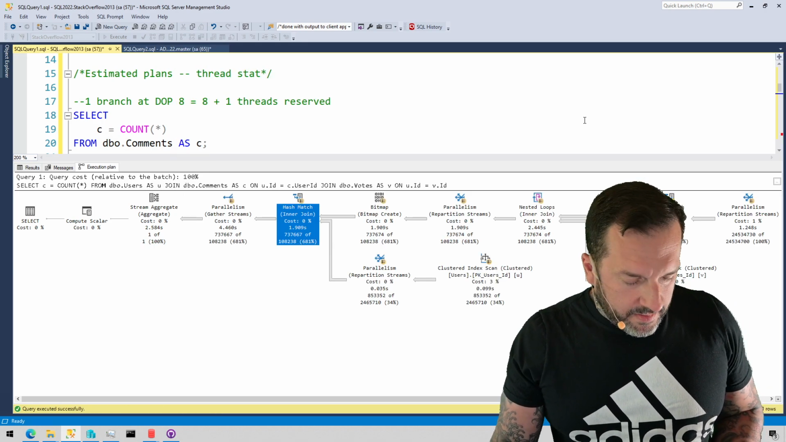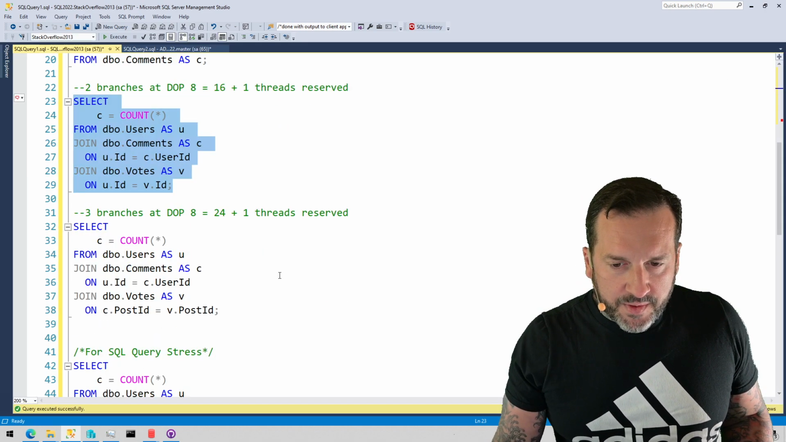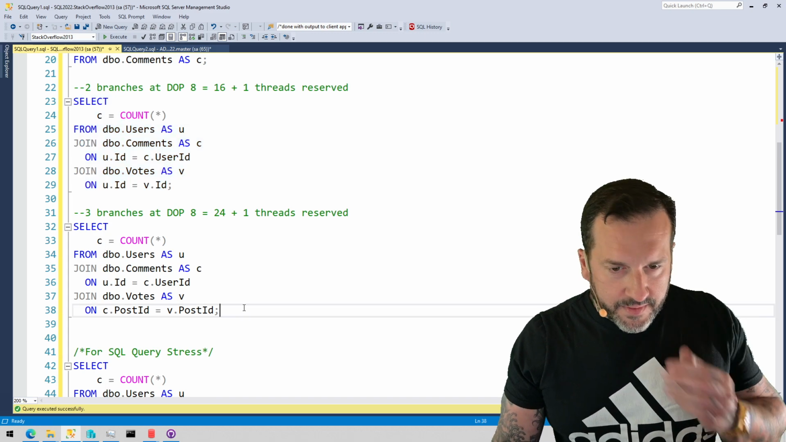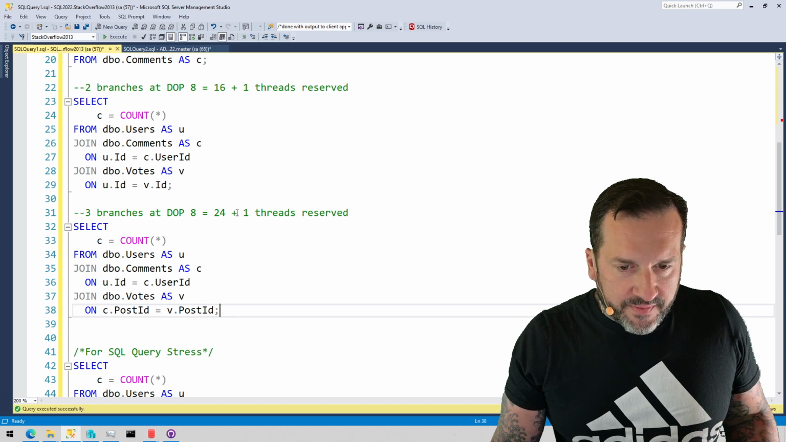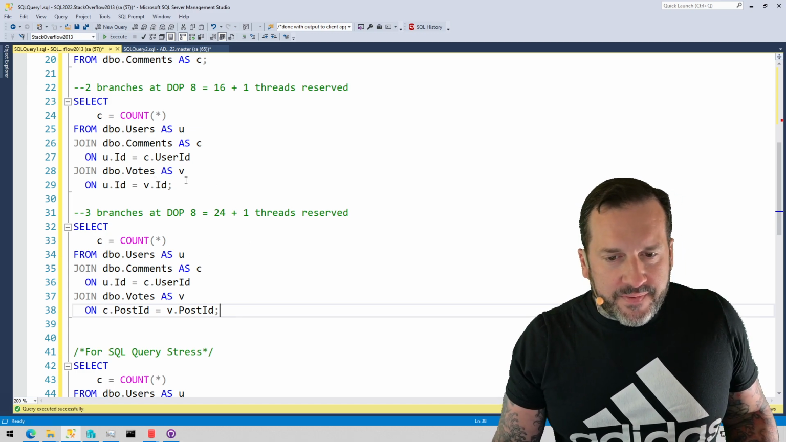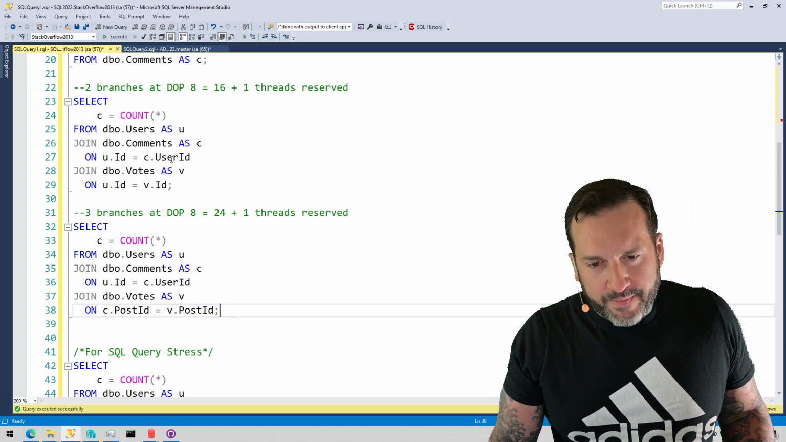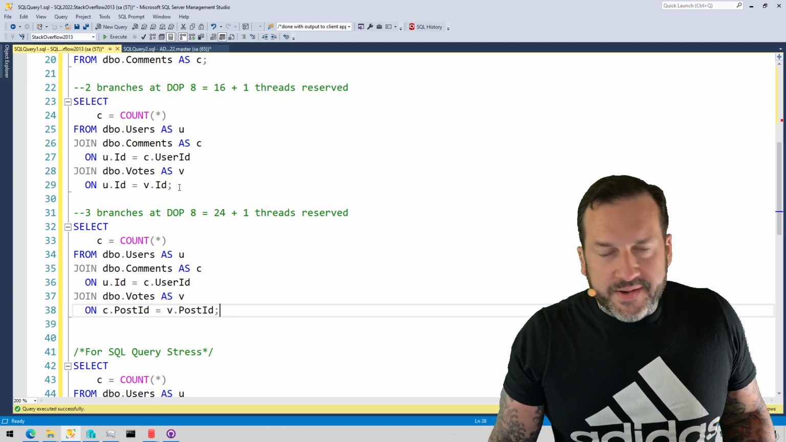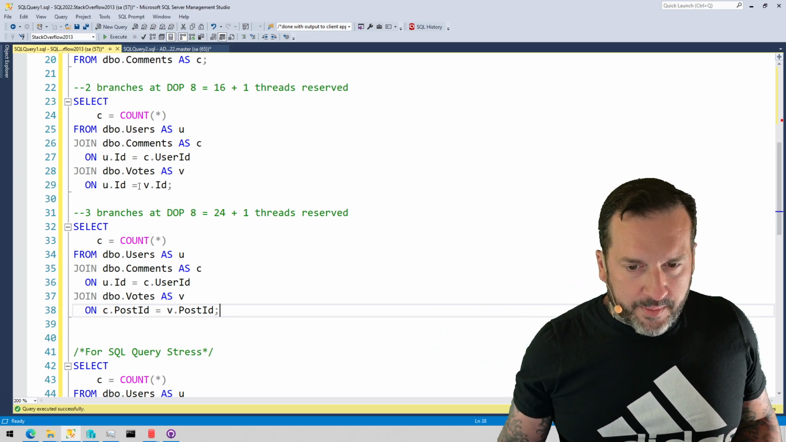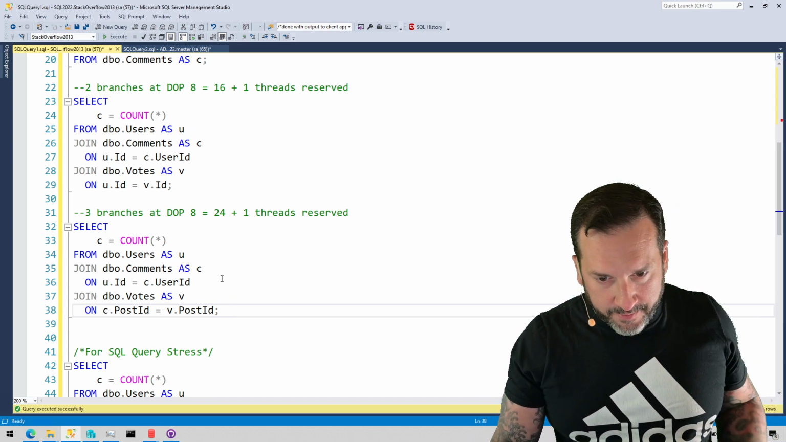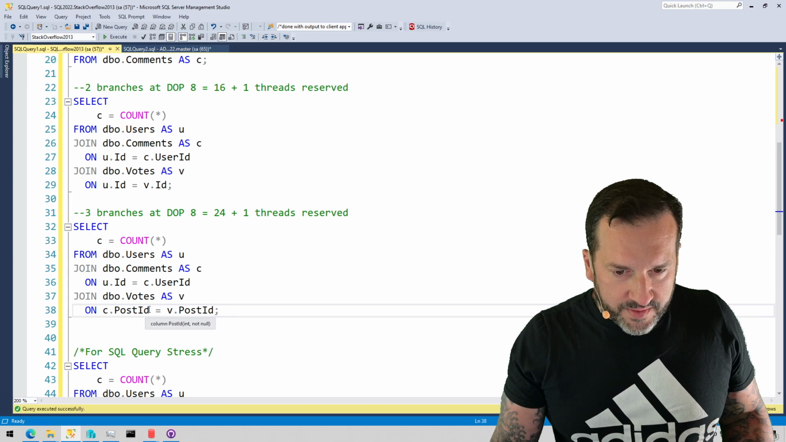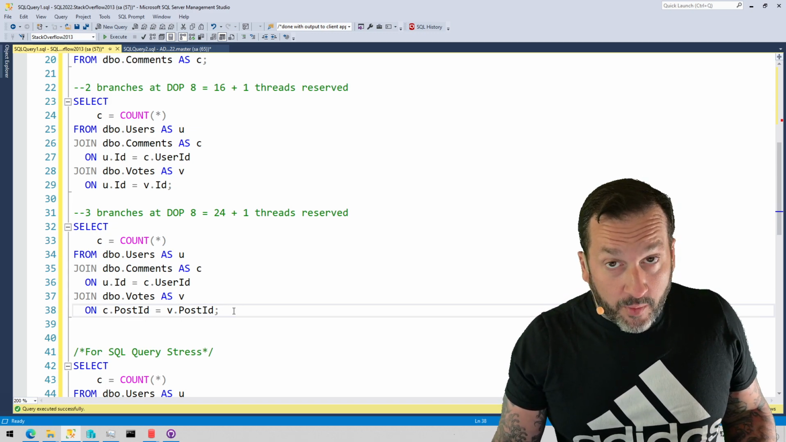And if we run this third query, which is a little bit different, the join that I do to votes is a little bit different. And none of these joins make a, well, I mean, this join makes sense. This join makes no sense. I just did this to get a different join operator between votes and users. But if we change this query a little bit to join comments to votes, and we join on the post ID column, which makes far more sense,